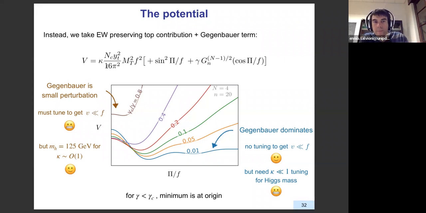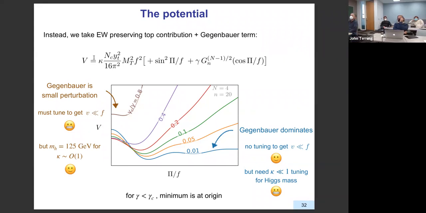The point is that when I make kappa small, I am suppressing the contribution from the top sector. I need to tune to do that. There is no reason that allows me to do that, but this is parameterizing that tuning. Imagine that kappa is the difference of two masses, for example, and I need to get those two masses pretty close in order to suppress the contribution. That's what happens in practice.